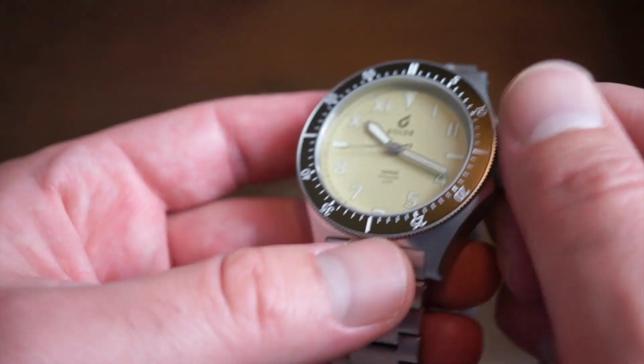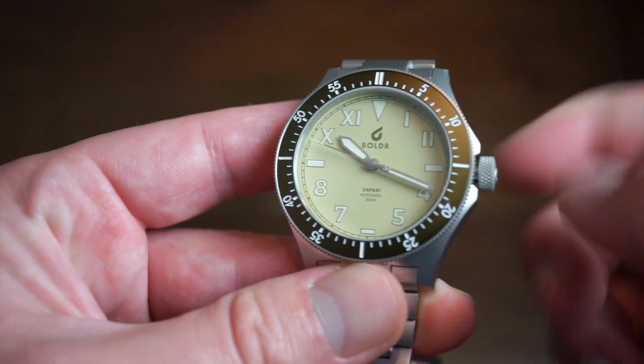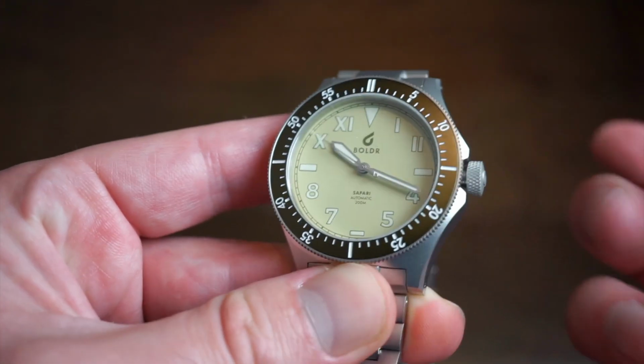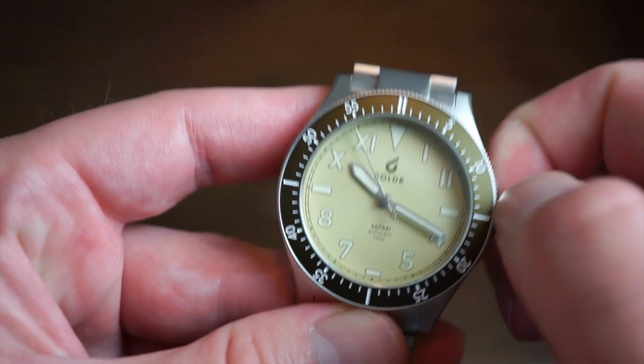Very easy to function. Good grip on this crown here. Nice knurling on the crown. Nice pop out. Pretty solid. No movement, really. We got self-winding in that first position there. Then we get...